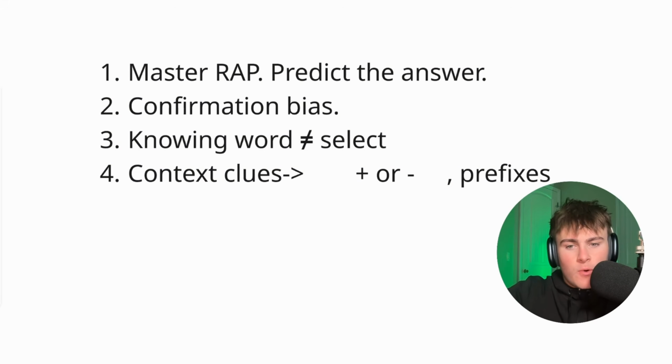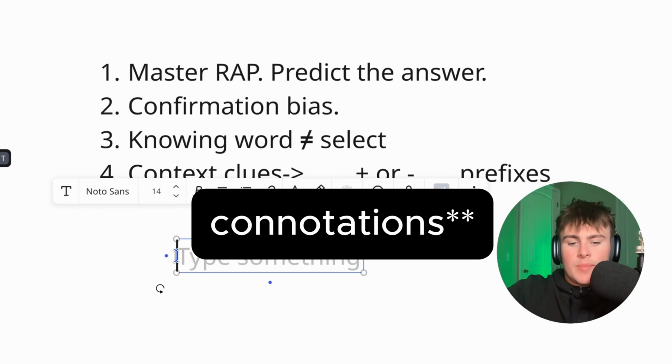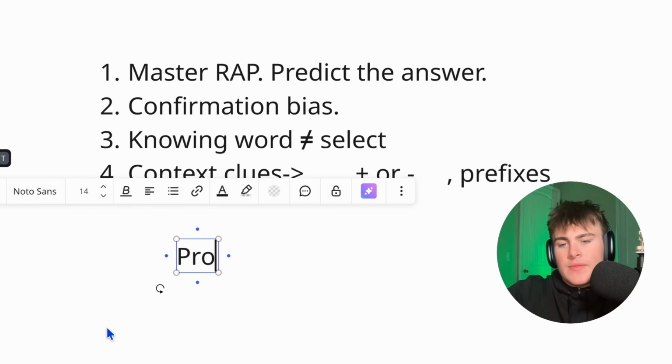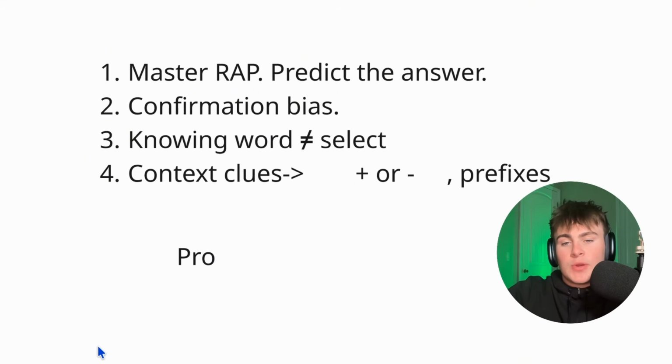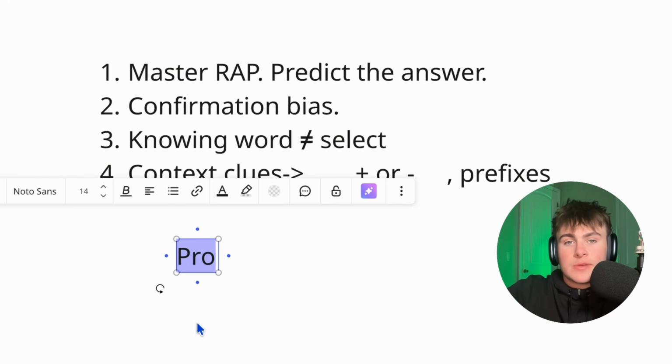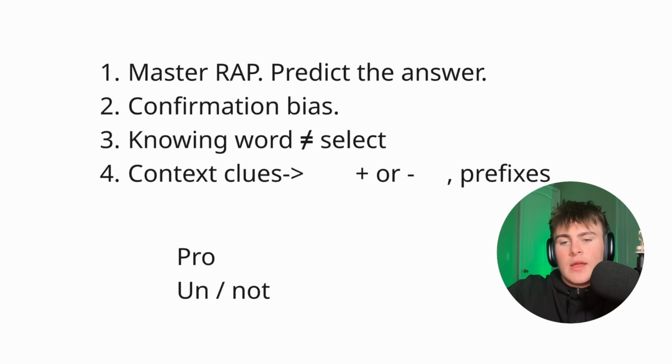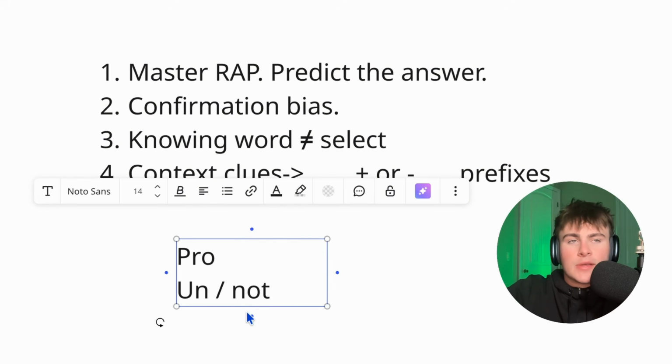That takes me to step 4. This is context clues. A couple I included here. Positive or negative roots. I kind of touched on this earlier, but if you have something to do with like pro, then this is going to be a positive word. You can purely get the answer correct if you know the root of this word. Pro, it's like, okay, proficiency, this is probably something to do with positive or going up or something to do with that. So you can use this to get the answer right pretty much. It's very, very helpful in some cases. Some other roots are like un or nots. These are the other important roots you can know, prefixes, whatever. So you can do that. Just positive or negative connotation.